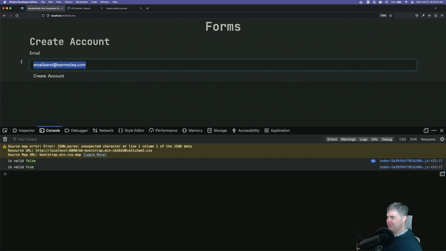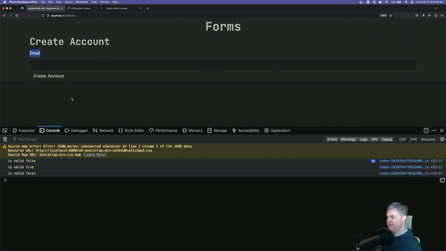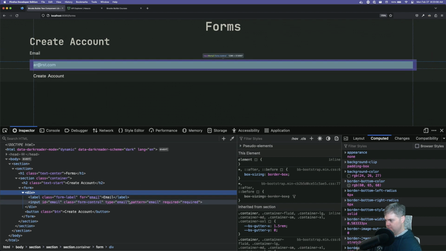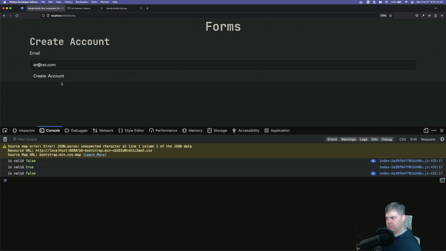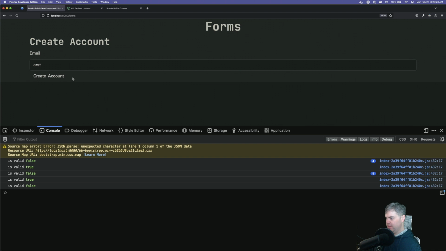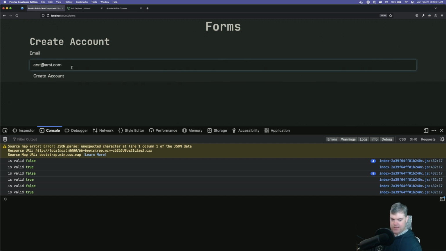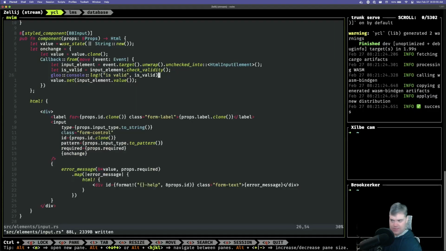And then if I completely remove you, you're false. If you're anything else, you're false. But if you're, oh, that's false too. Wait, why? You should be an email. How did it get true there for a second? How was this there again? I deleted it. Now I get true. False. True. Okay, how did I add it back? I must have refreshed or something. I don't remember adding it back, but